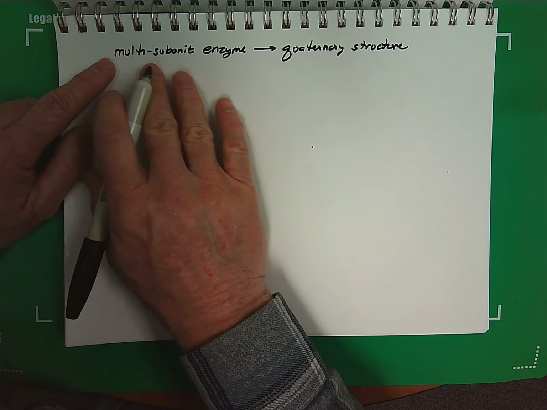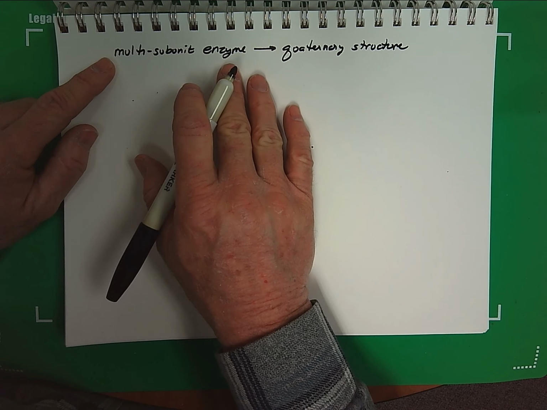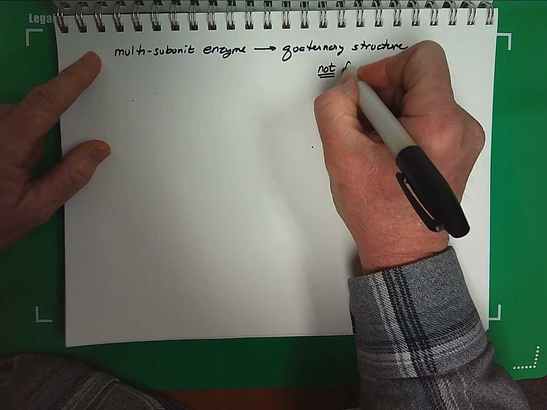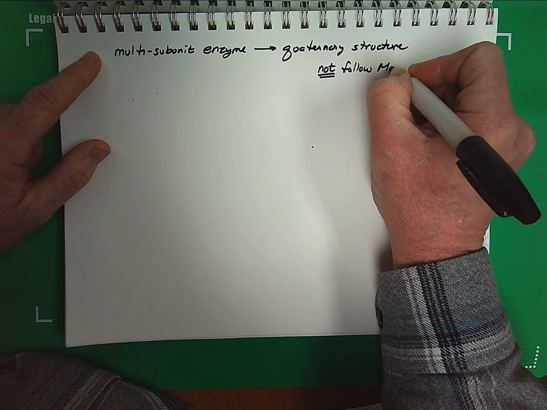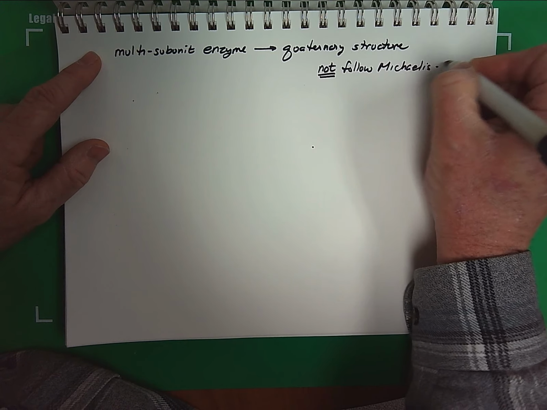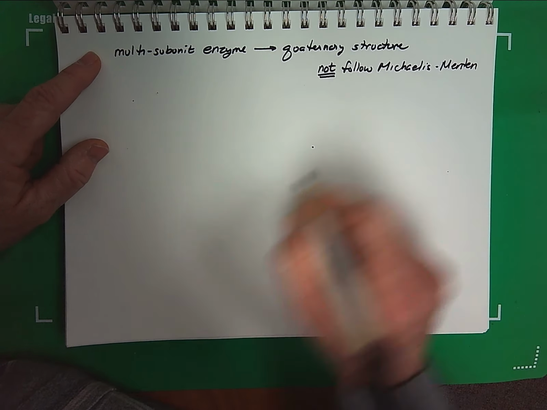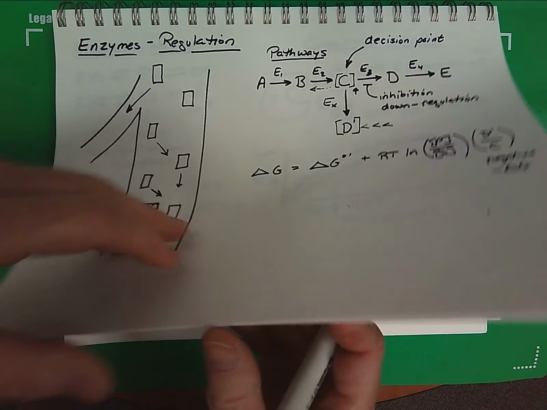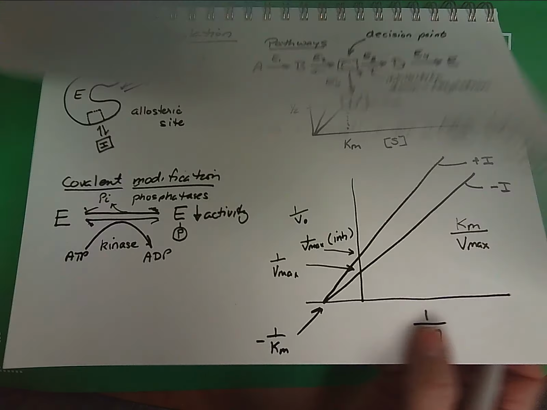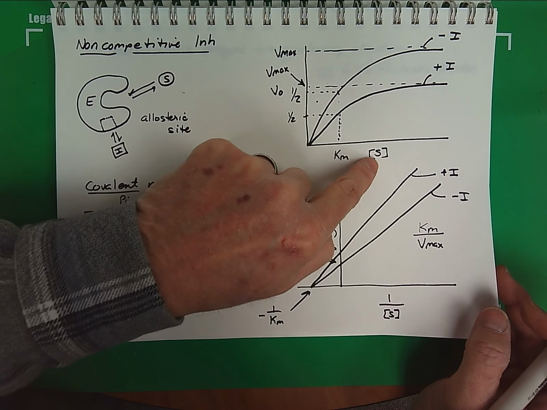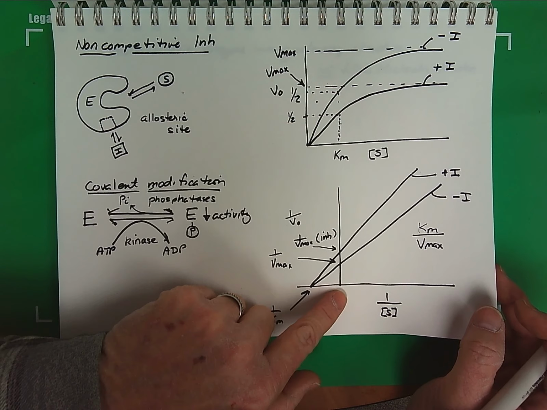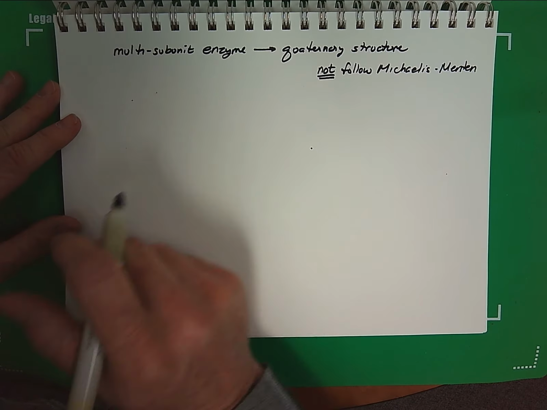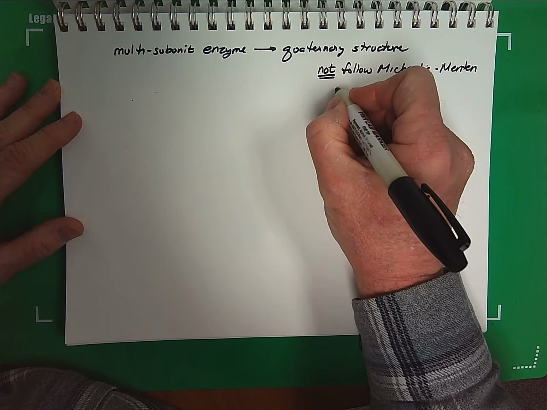Now, because of the multi-subunit enzyme nature, this does not follow Michaelis-Menten kinetics. So everything that we've looked at in our previous graphs, with our graphs of velocity and substrate concentration, and then doing our transformation into Lineweaver-Burk, none of this applies on a multi-subunit enzyme. And the reason for that is because